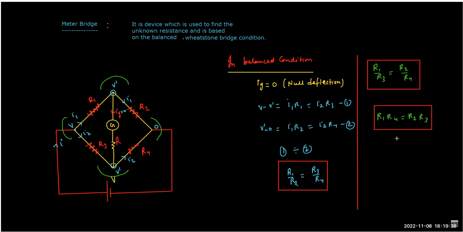So R1 by R3, if it equals R2 by R4, then it is balanced and nothing will go through the bridge element. Or if R1 is to R2 is the same as R3 is to R4, again it's a similar situation. So this is the balance condition, and you will get many questions based on the balanced Wheatstone bridge in JEE Advanced particularly. And the moment you see a very complex question in JEE Advanced, what should click in your mind is that it is based on a balanced Wheatstone bridge somewhere. So somewhere in the circuit you can